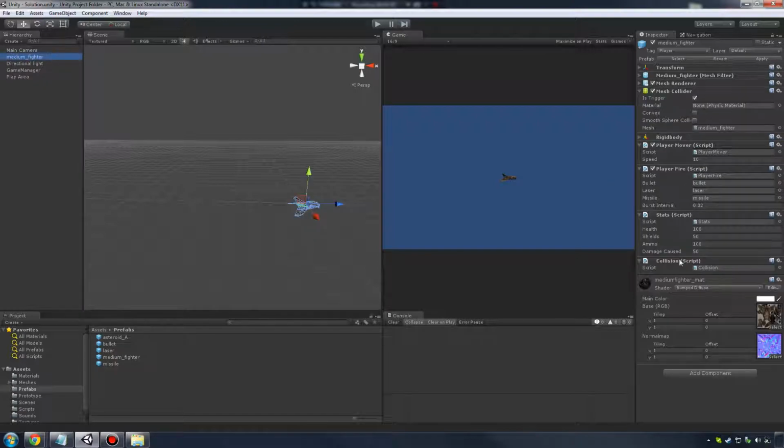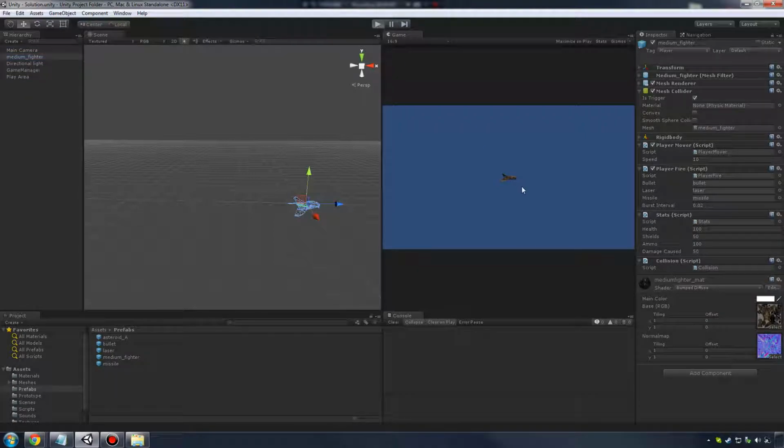So I'm not going to reveal it, but I am going to show you guys what I want y'all to accomplish. So I'm going to select my medium fighter right here. And here we have my player fire script. It no longer has an ammo count. My ammo count exists on my stat script right here. If I hit play,